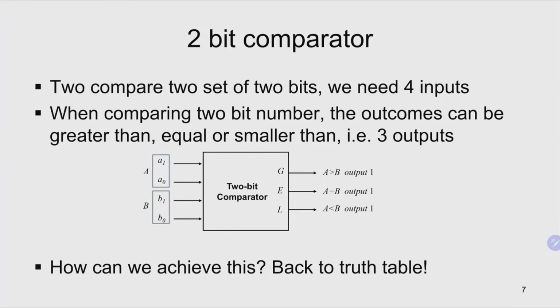So if you want to compare 2 bits, or 2 sets of 2 bits, then we need 4 inputs. Here is the block diagram of our 2 bits comparator. So assume that we have 2 sets of binary, A and B. Each set has 2 bits. So A has A1, A0, B has B1, B0. And to compare these two binary numbers,